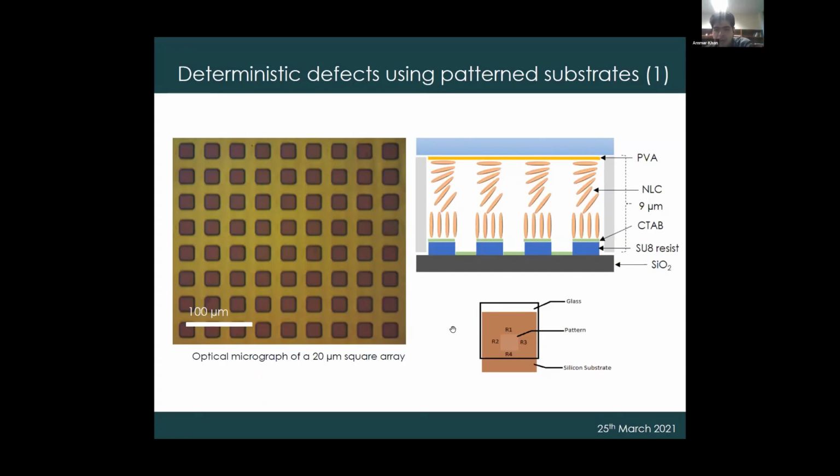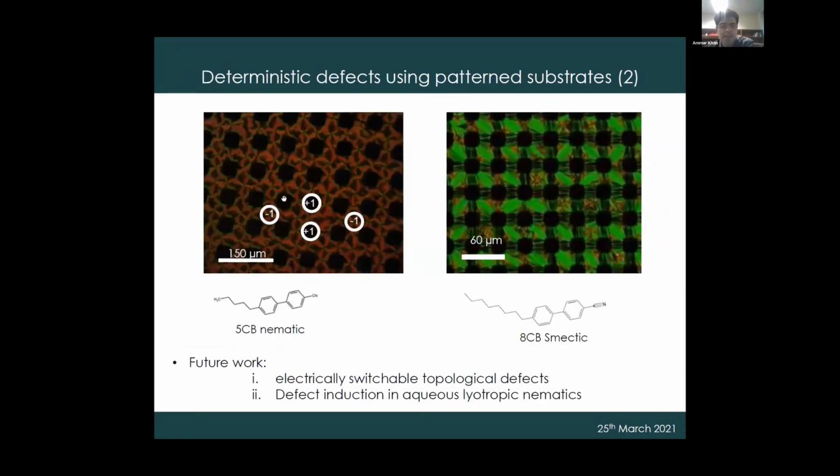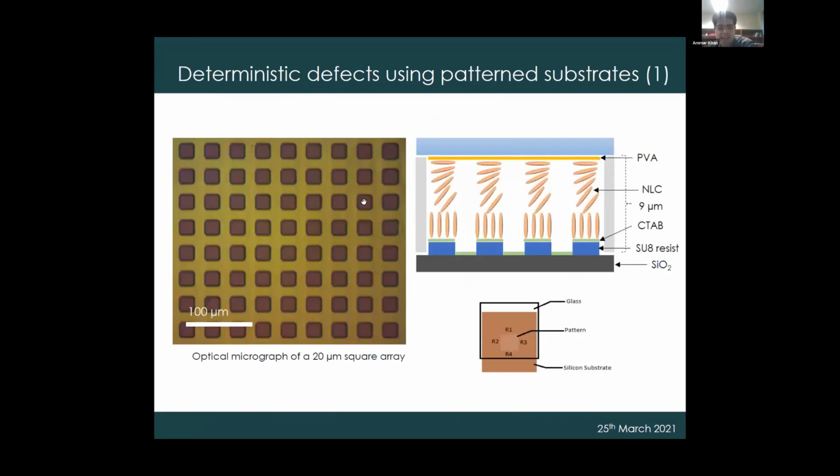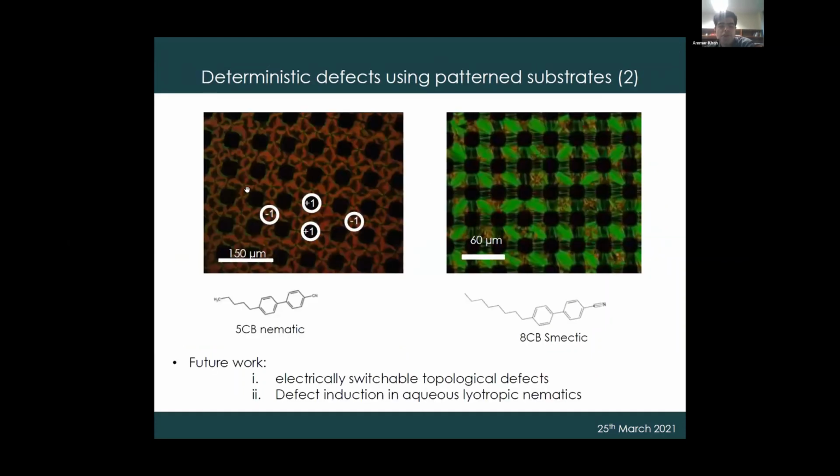Our initial results are something like this. These are our initial results with a nematic liquid crystal. They agree with what's already published in literature, which is that wherever you have these holes, air pockets form when you capillary fill them, and wherever you have this resist, you have your nematic, and because you see the boundary or the surface,